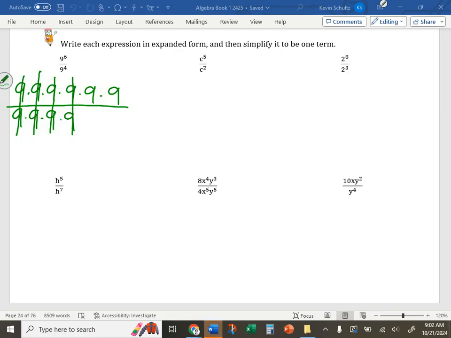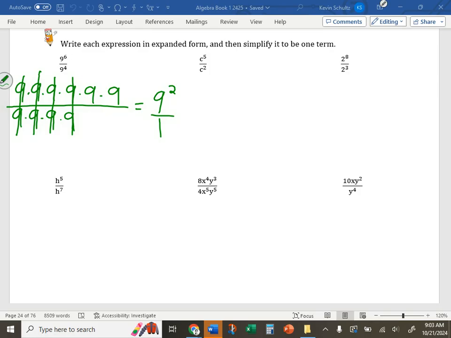And how many 9s do we have left, and where are they? 2 in the numerator. So if you want to leave it as 9 squared, then you can. If you want to write it as 9 squared over 1, that's okay. But those 2 9s are in our numerator. Using the rule, 6 minus 4 equals 2. We have more in the numerator to start with. That's how we know that's where the 9s will be in the end. And then 6 minus 4 equals 2. 9 is a base, not a coefficient, so it doesn't change, doesn't become a 1, stays 9,